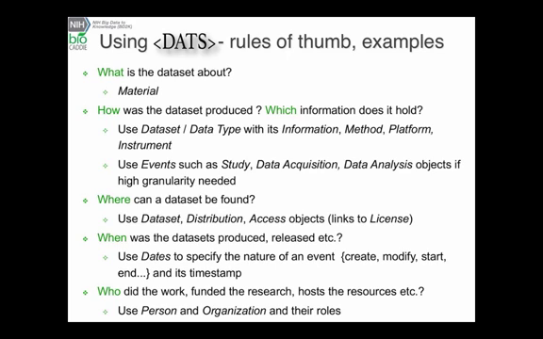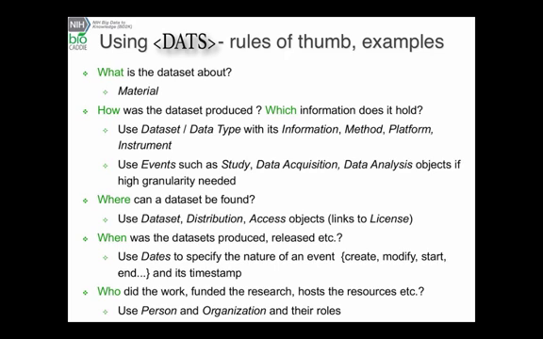How the data set was produced and which information it holds is relevant for entities such as data set and data type. Data type, in turn, contains information, methods, platforms, and instruments that are relevant for that particular data type. And then we have different events or processes such as study, data acquisition, again, that explain how the data set was produced. In terms of when it was produced,